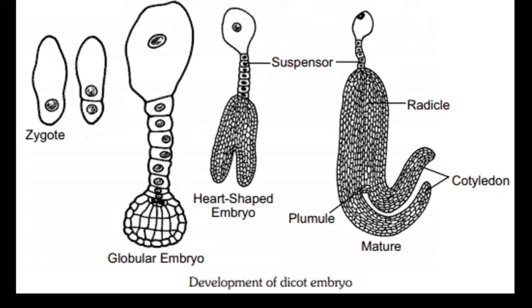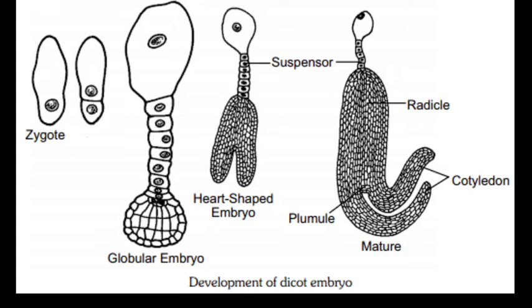Now here we discuss the dicot form of embryo. We have two types of embryo: one is dicotyledon and the second one is monocotyledon. Di means two, cotyledons means reserving food, meaning those embryos which form two cotyledons we call dicotyledonous embryos. And in monocotyledons, mono means one, meaning those embryos which form one cotyledon, one reserving food material, are called monocotyledonous embryos.